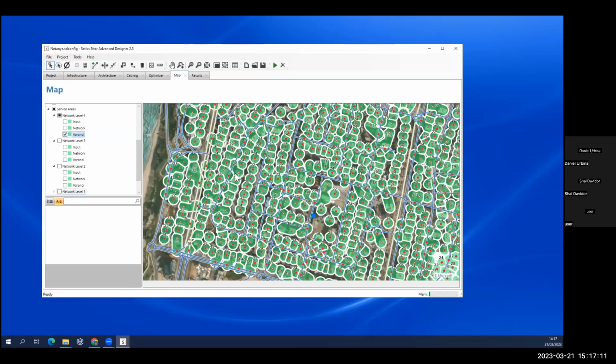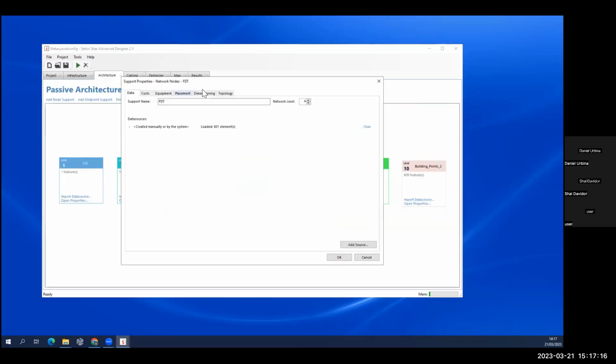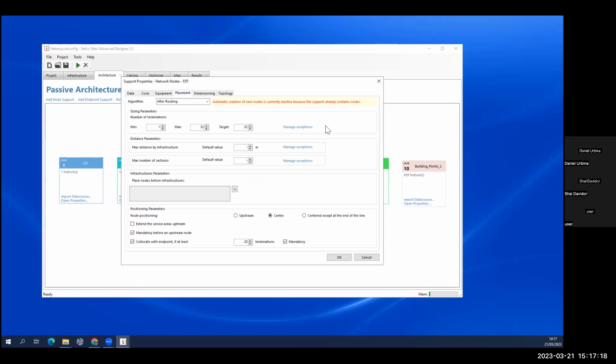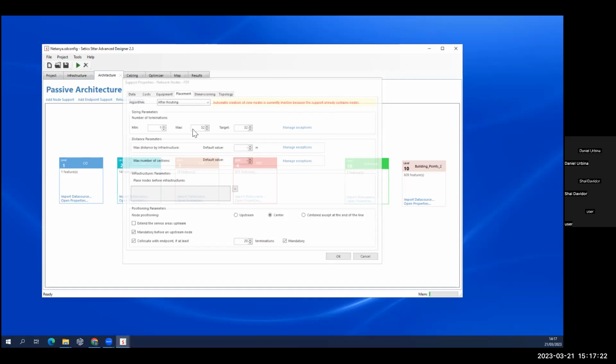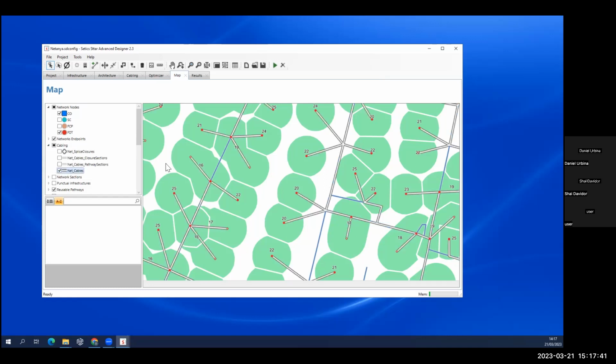Okay. For example, I put here a minimum of 20 to put it on the building. Yes. And you see here, I have 21. So here's the FDT. Right. Here's 19. So minimum 20, and it's mandatory to collocate the building with it. Once you move to that, below no, above yes. That's fine. So if I show the cables,